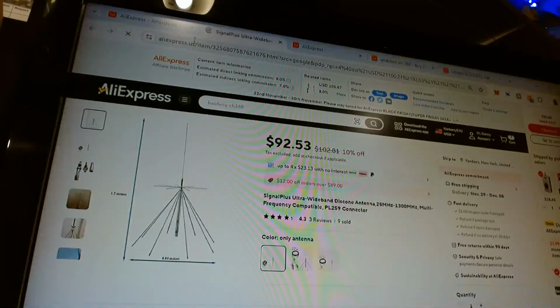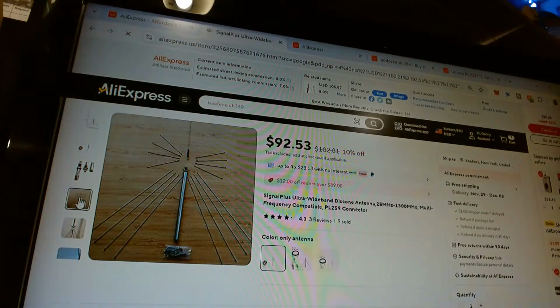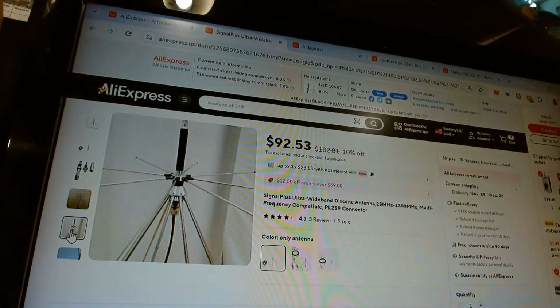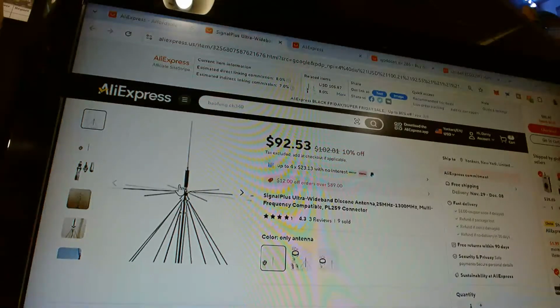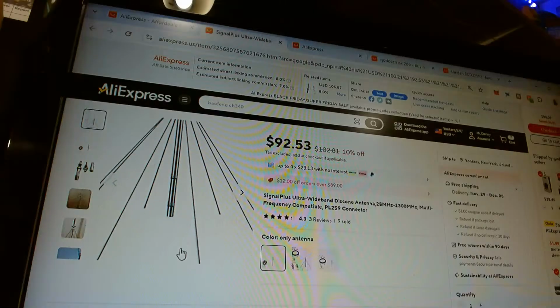This is the antenna I have for the scanner. So, Discone.